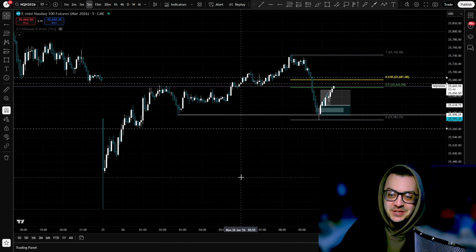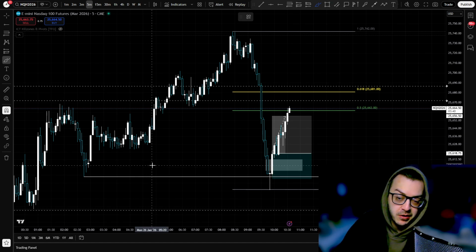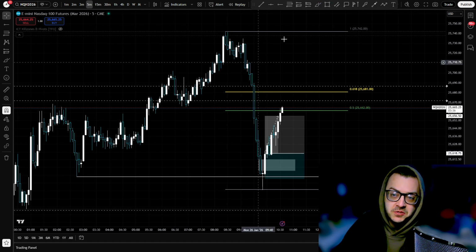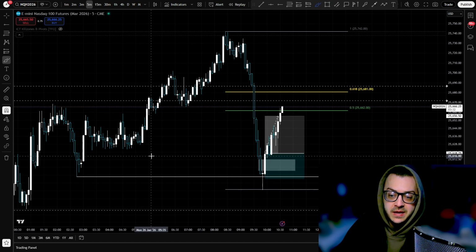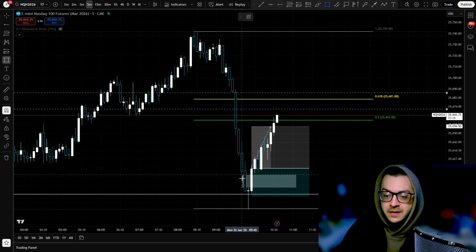So I'm just going to basically show you exactly what's happened here. And basically I'll just go through my whole strategy and how it works. So you can see I've just told you my strategy roughly. But you can see here basically I've got this really obvious level of liquidity. You can see we come down, we sweep the low, we get this beautiful fair value gap here on the